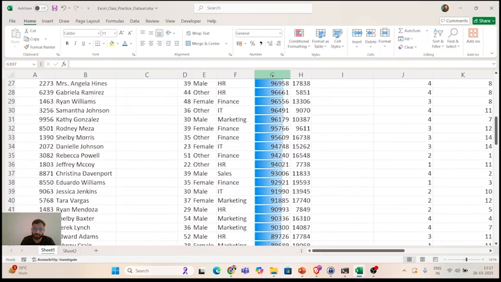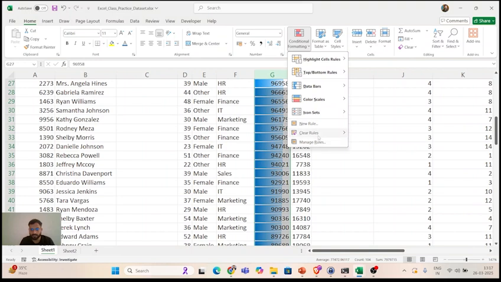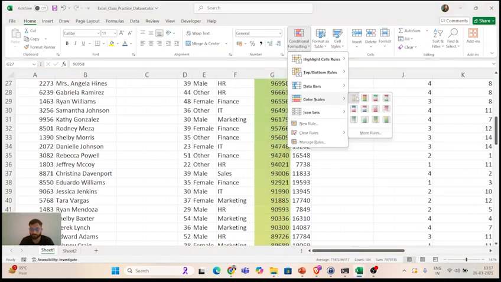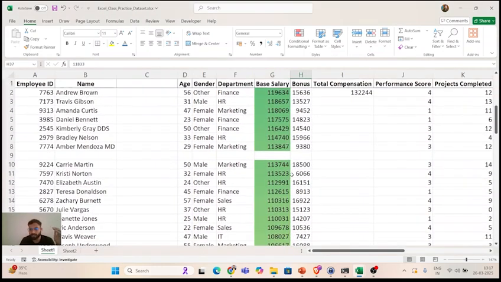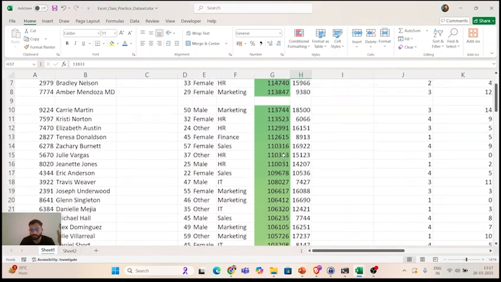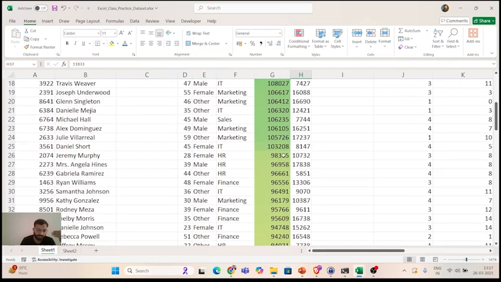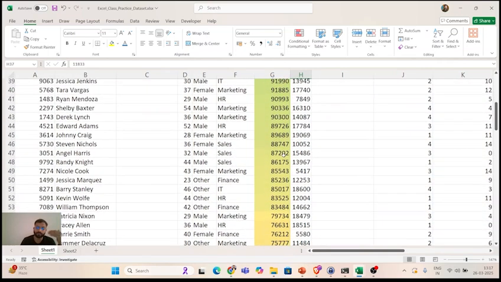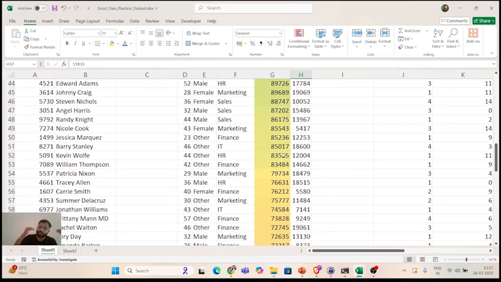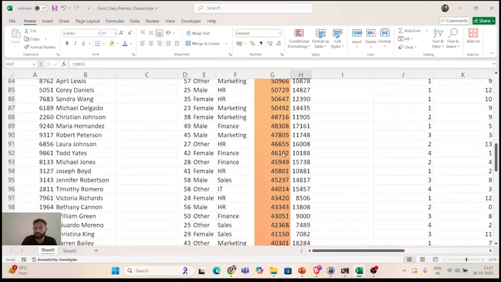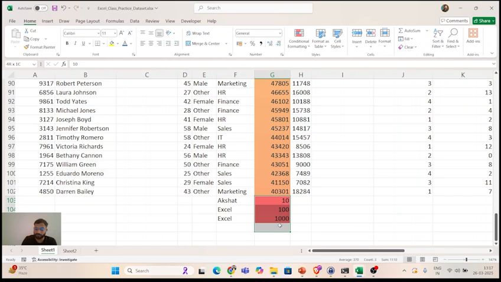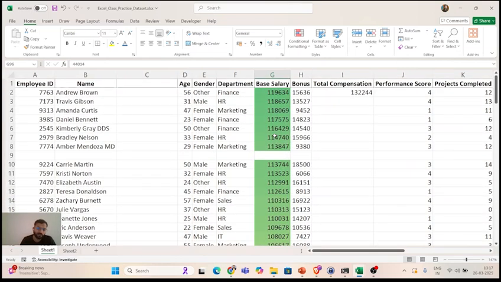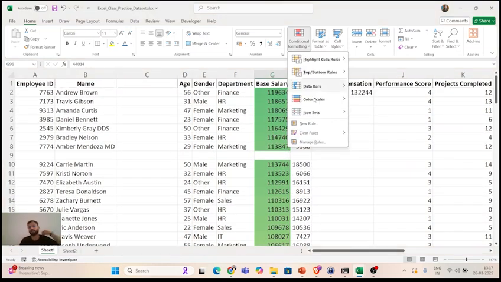Let me show you in the whole column now. Clearing the rules from the selected cells, conditional formatting, color scales, and this. Now see, the larger values are dark green. As the values decrease, the green color is decreasing, becoming lighter, lighter, lighter. As values decrease more, it is yellowish, then orangish, and so on. You see the color difference. The values which are very low are highlighted in red. Obviously, you can customize the colors if you want the larger values in red and smaller values in green. But yeah, this is the purpose of color scales.